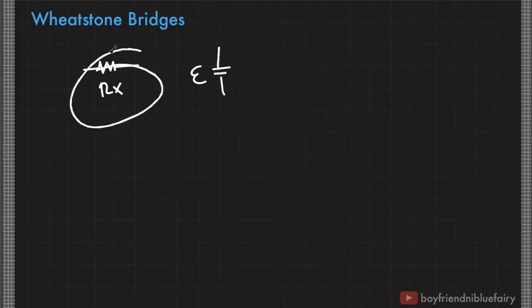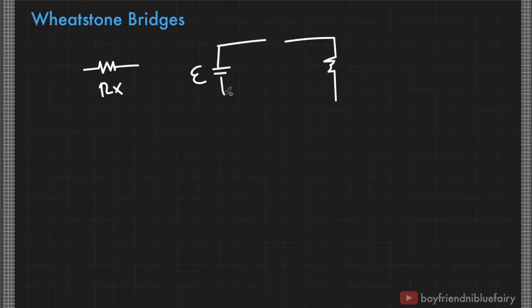Let's now discuss an instrument that can be used to measure resistance. You already have an idea on how to design an instrument that can measure current, and then an instrument that can measure voltage. This time, let's talk about an instrument that can measure resistance. So for example, you have an unknown resistance R sub x. If you have a voltmeter and an ammeter, then all you need is an external EMF source, for example this one, and then connect this to our